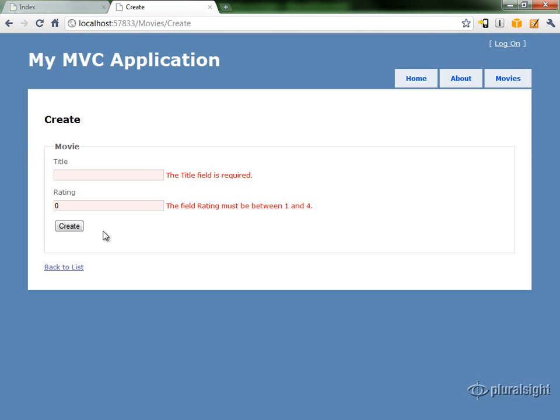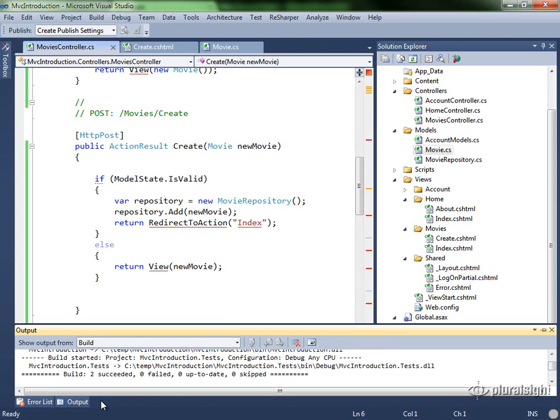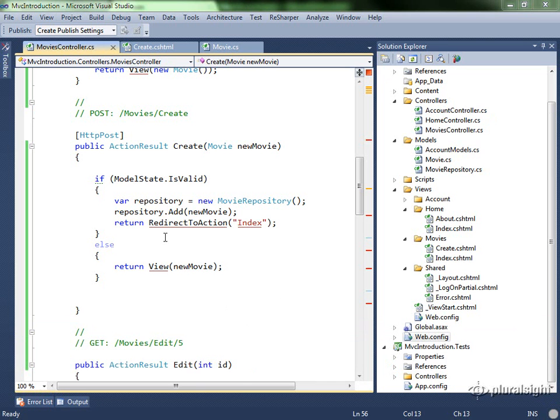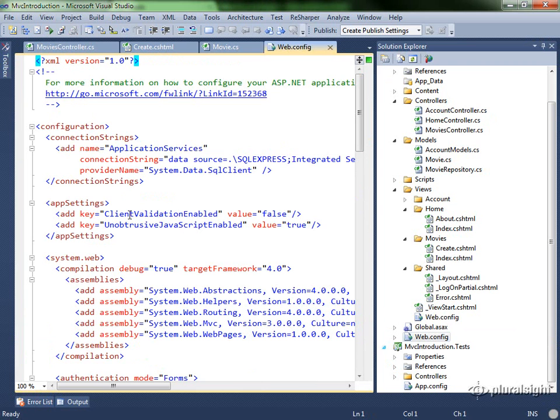And one thing you might have noticed as I do this, every time I click the create button, we're doing a full post back to the server, and all the validation is taking place on the server. That's only because I turned off a flag inside of my application. A new feature in ASP.NET MVC3 is that you can set a flag in your web.config to say, enable client validation. And now if I save everything and we relaunch the application,